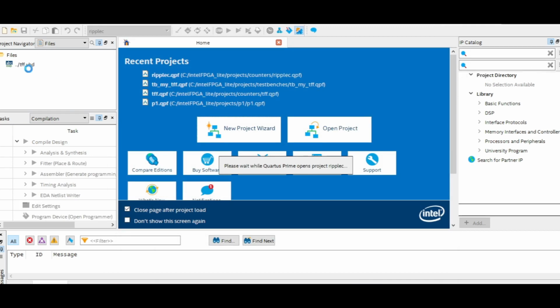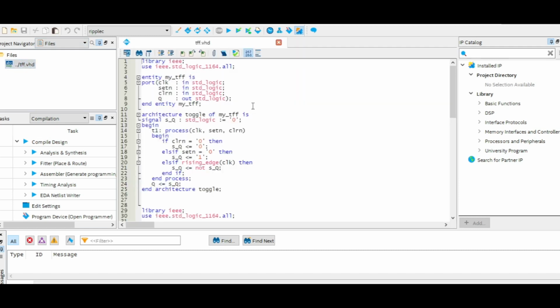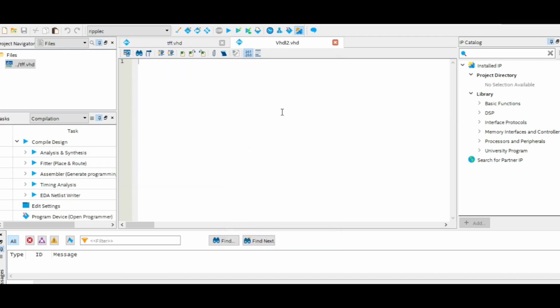Okay, so now under files, we have our TFF here because that's what we brought in here. If we look at the hierarchy, ripple C is still our top level entity, but inside our files, we have our TFF. So we could open the file here if we want to modify it. That's perfectly fine. But let me create, Control N, a new VHDL file, and now create my entity here, library